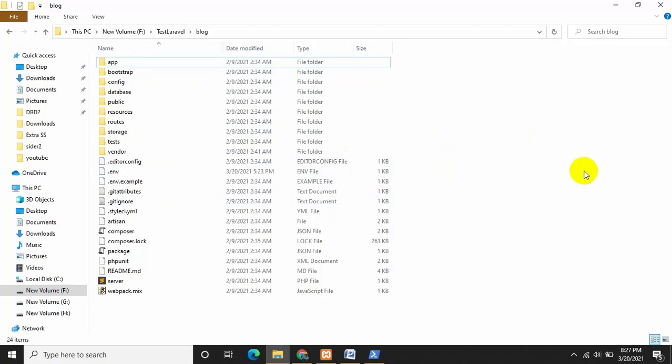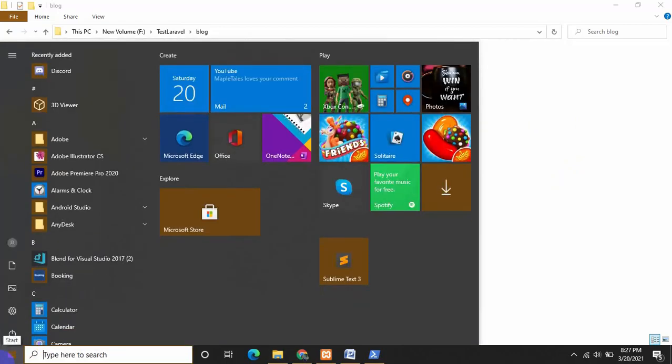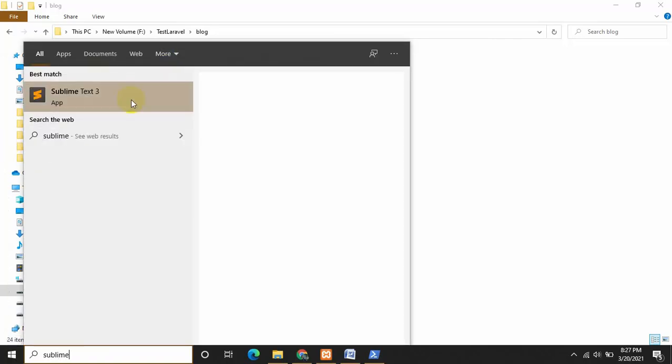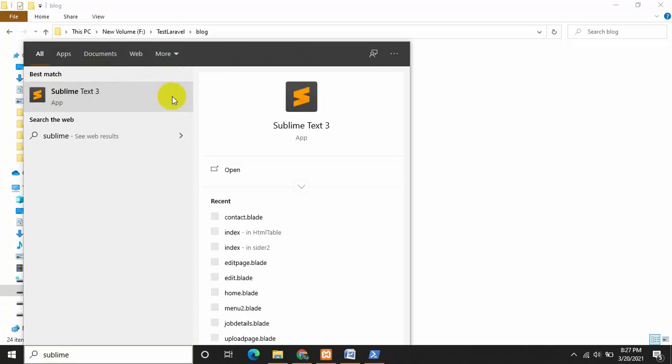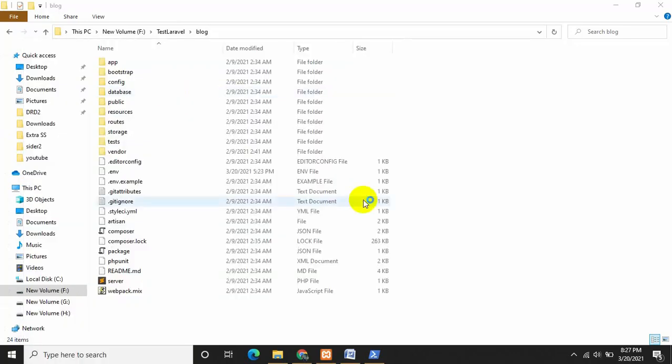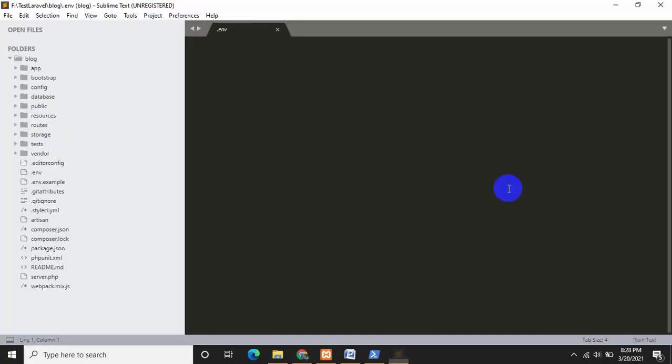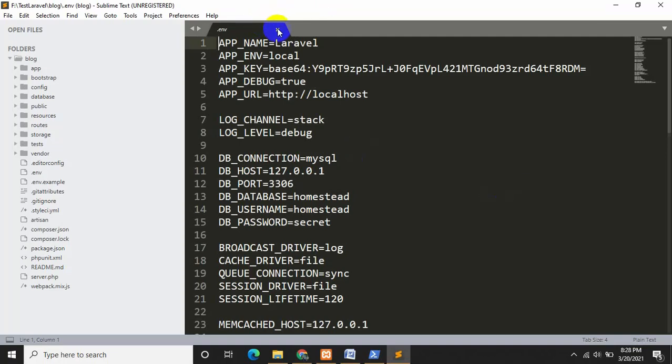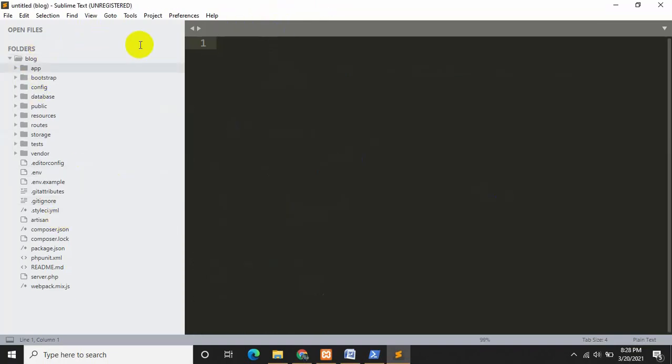Okay, so let's start with .env. I'll be using Sublime Text to show you everything about Laravel. So I'll just open Sublime Text. It takes some time. Okay, so this is our Sublime Text.